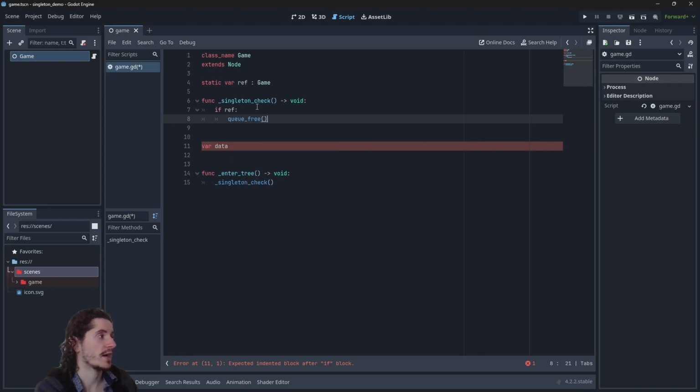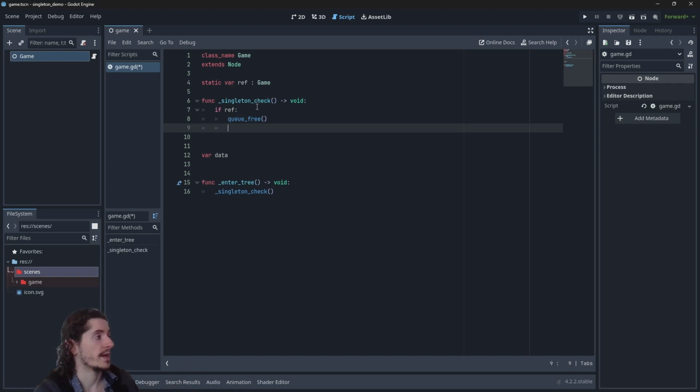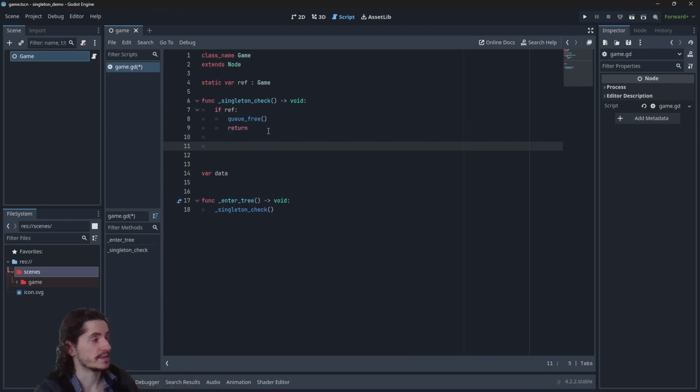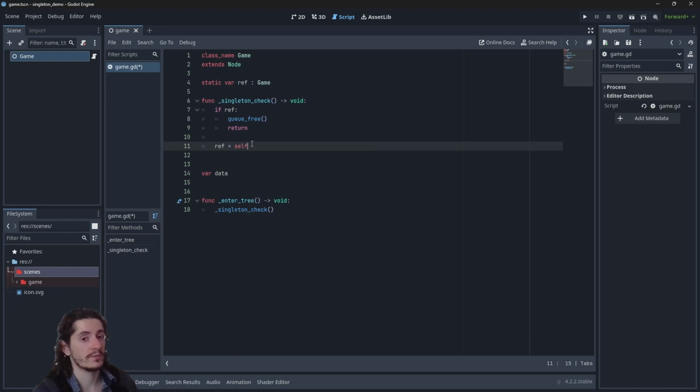Because as an object, I'm trying to take a slot which is already occupied, and there is no reason for anyone else to try to take that spot. And if someone tries to take the spot, they should basically break everything they're doing and go in the queue for recycling. Otherwise, as I said, if the slot is not occupied, we want to take the slot. So we just assign the new instance, which is self, to the reference slot. This is everything you need to make a singleton